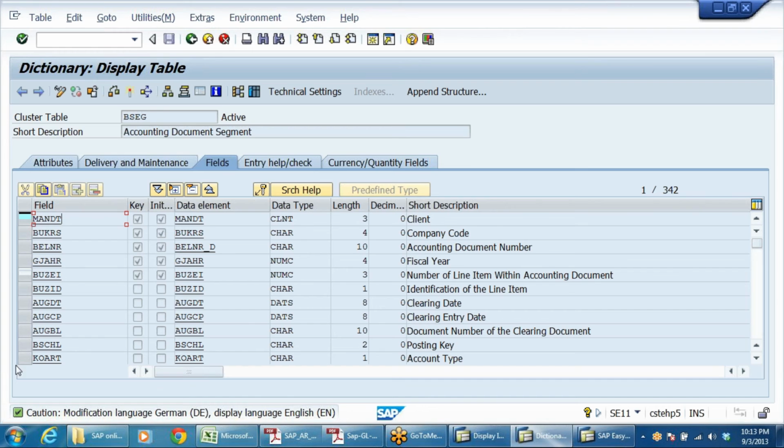Now I want to see that all these tables contain field names, right? Okay. So if you say company code to the ABAP consultant, he'll ask me immediately, boss, what is the table, what is the field name? So the field name is, see, company code, BUKRS. Similarly, BELNR, accounting document number. Right, these are the standard names.